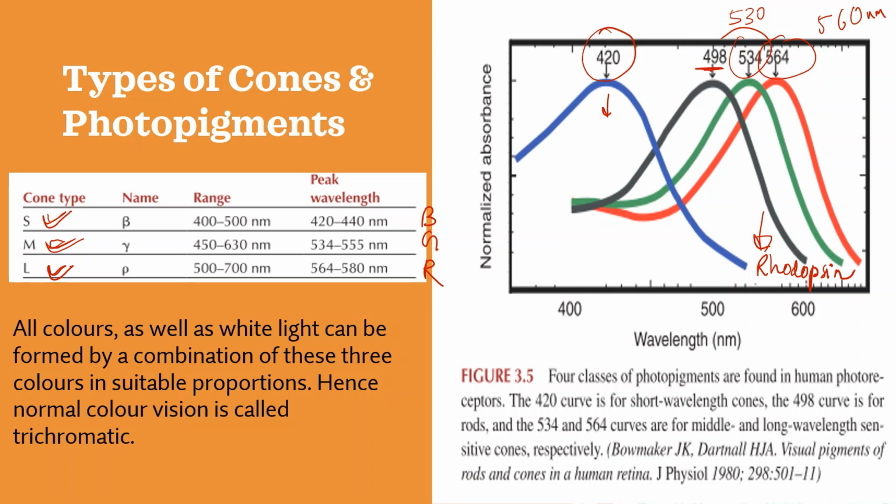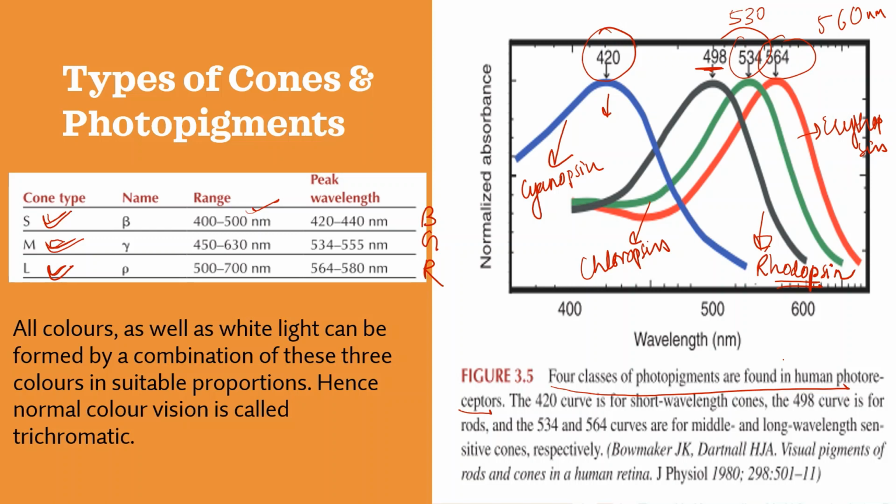The four classes of photopigments are found in human photoreceptor, that is cone cells. So whenever light of their intensities or their range will fall, these cones will get excited and these cones will produce such colors. The pigments are named something like blue colored pigments in the blue photoreceptors are known as cyanopsin. The green one are known as chloropsin, and the red one of course are known as the erythropsin. And finally the fourth one was the rhodopsin.